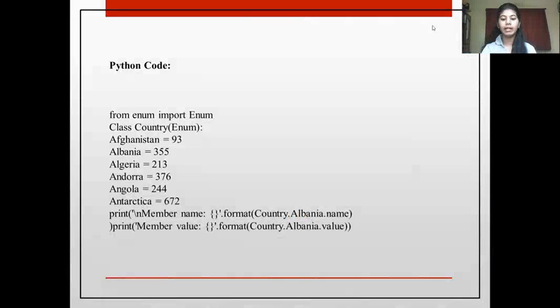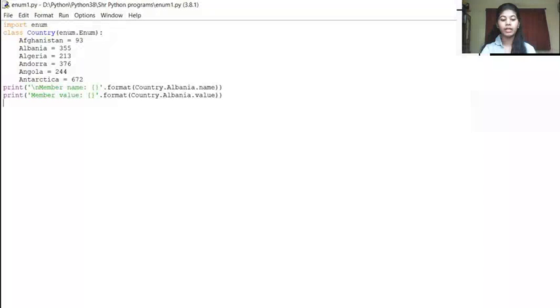We usually care less about the raw values of these enumerated members. One thing to note is that you don't have to use integers for their raw values. You can use strings if you want. For each member, we can add additional attributes. The useful ones include name and value, which represent the enumerated member's name and its associated value.